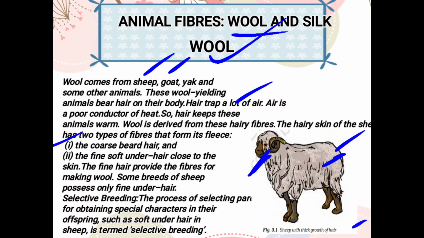They are selecting a kind of breed of sheep, and these sheep have very soft, very fine hair on their body. Afterwards, when their offspring come, these offspring and the generation will also have the same characteristics as their parents. So this process is called what? This process is called selective breeding.